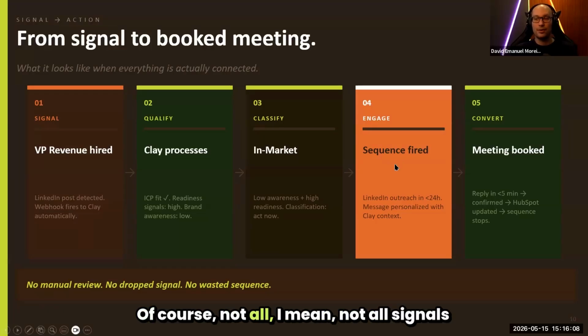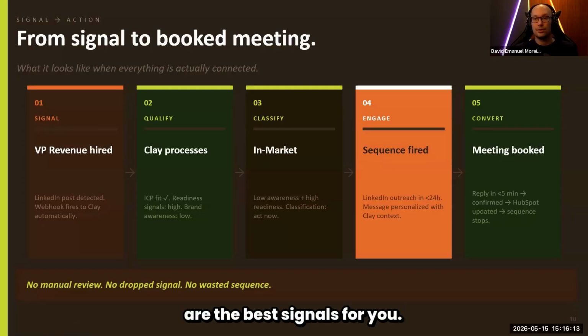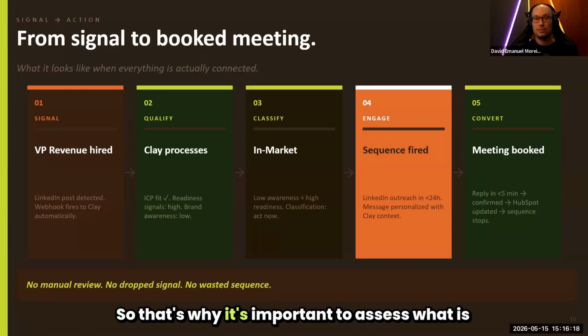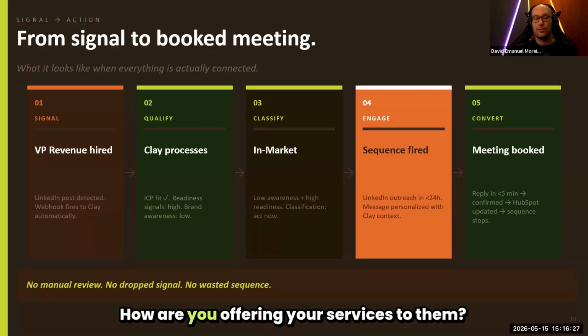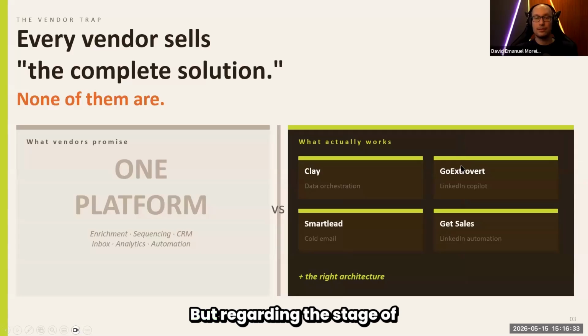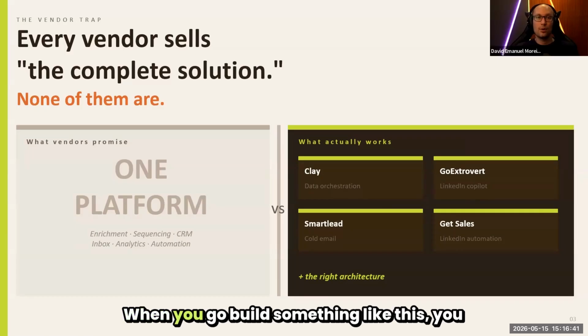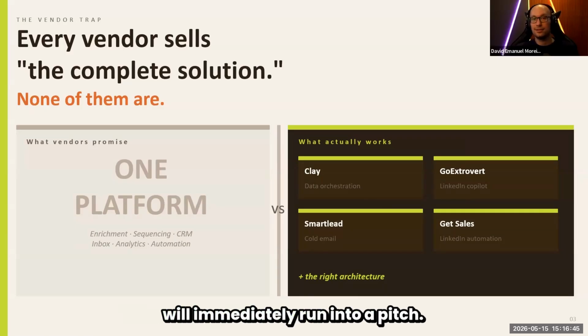Of course, not all signals are the best signals for you. Not all systems are the best systems, the best processes for you. So that's why it's important to assess what your current tech stack looks like and what you are doing. What is your ICP? How are you offering your services to them? But regarding the stage of your GTM infrastructure, when you go build something like this, you will immediately run into